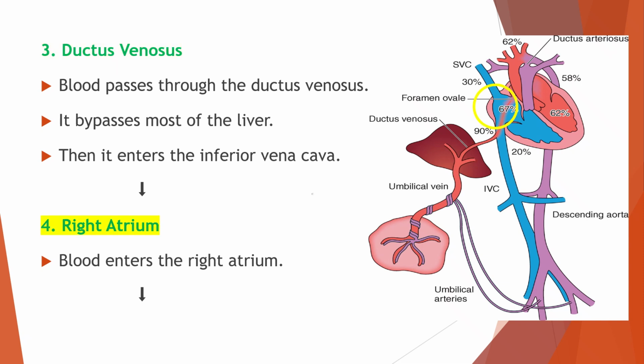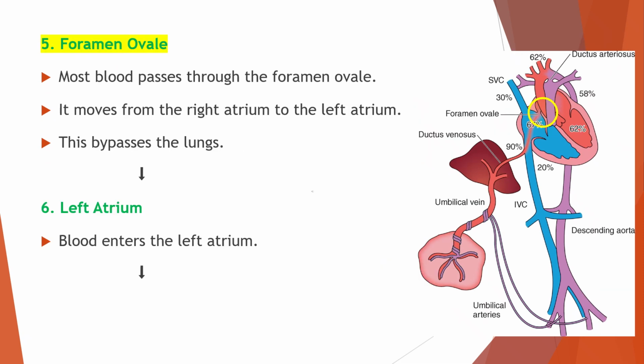Now the blood enters the right atrium, which is the upper right chamber of the heart. Normally, in adults, blood from the right atrium goes to the lungs. But remember, the fetal lungs are not working, so the blood takes a shortcut. This shortcut is called the foramen ovale. Through this opening, most of the oxygen-rich blood moves directly from the right atrium to the left atrium, completely bypassing